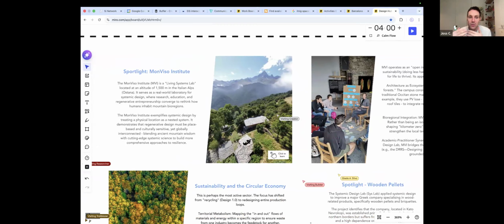So it's about tourism, it's about how these small rural communities can be regenerated and start to live in a much better balance with their ecosystems, and how you can really design those systems to make them work better.